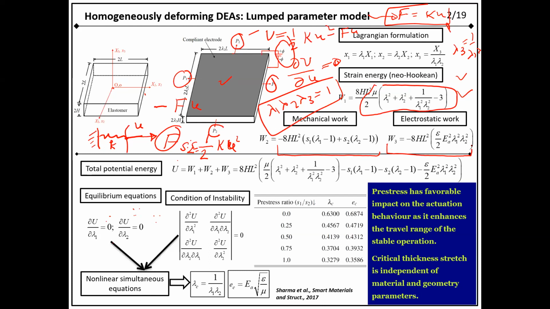So these are the work potential. Similarly, here we wrote that U is equal to strain energy plus work potential, and we have written it here too. This is the strain energy plus work potential: the work done by mechanical forces and the work done by the electrical forces. Once we have the strain energy, we can have the equilibrium equations. These equilibrium equations are nothing but the relationship between the external forces and the deformation.